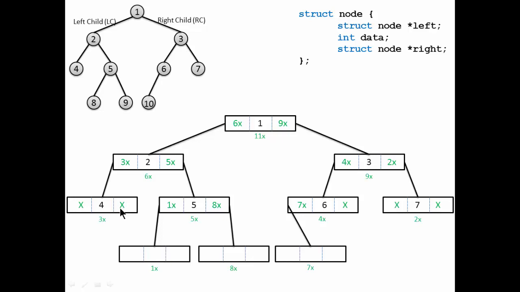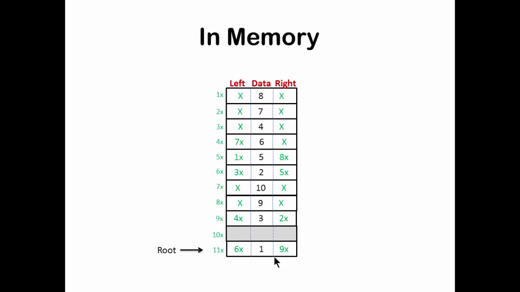But you have to keep in mind that if you do not have a right child or a left child, then you write null values there. See, it doesn't have a right child, so there is a null value. The leaf nodes don't have children, so both left and right we will be writing null values. In memory, these are the nodes which have data and the pointers, and the first node we always point to with a special variable or pointer, which is the root.